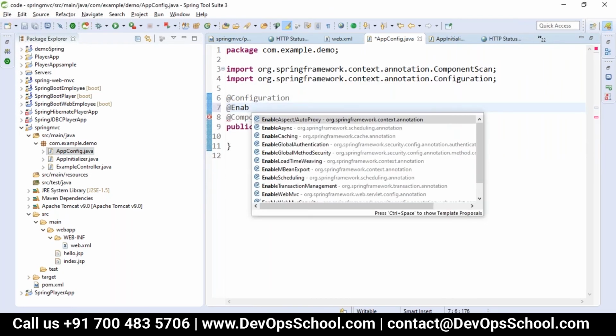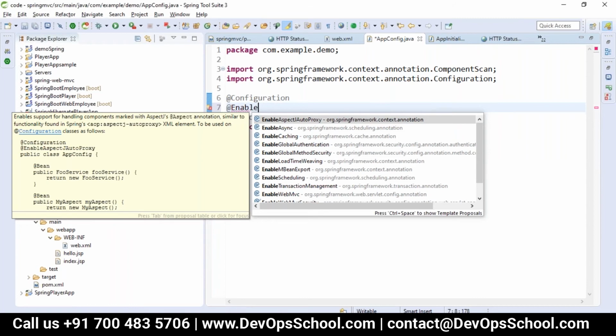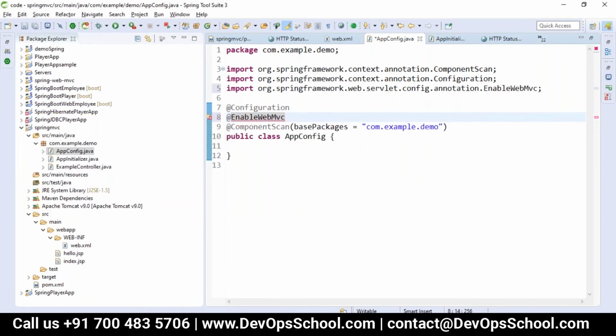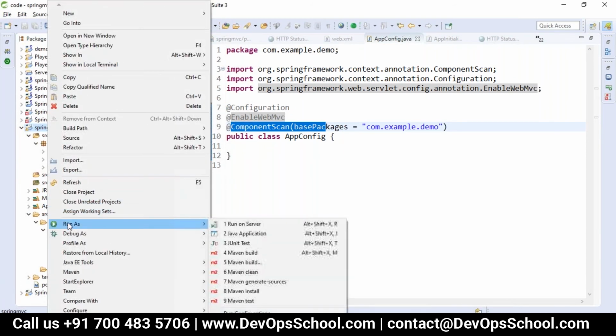So @EnableWebMvc mapping should be written. Then it will understand you are working with web MVC, so it will look for the component scan of your com.example demo, and then look for the controller annotation.